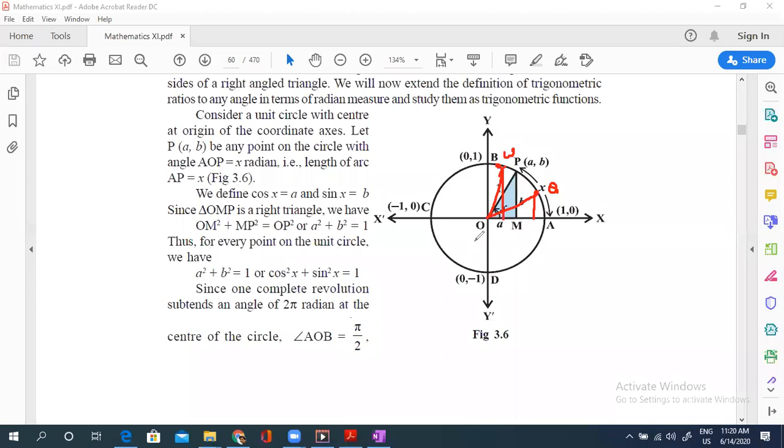Now, if you see this, suppose OA is a line. Now, as OA moves upward toward the B point along this circle, and if you take the component, or just draw a perpendicular line from the point on the circle to the line OA, I can say that the length along the x-axis